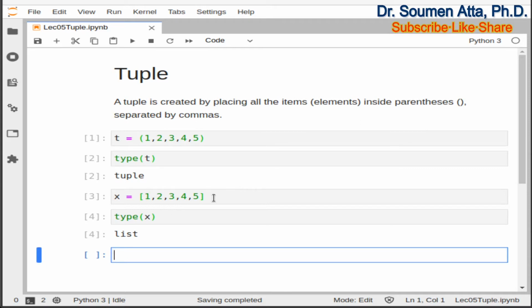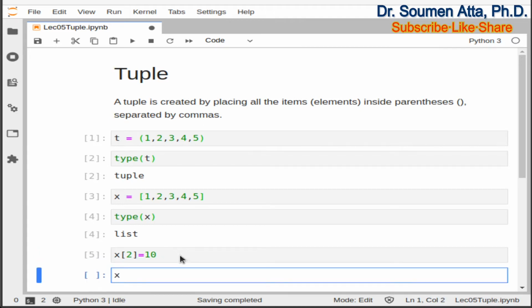Now, what is the difference between a Python tuple and a Python list? The main difference is that in case of a Python list, you can change the elements. Suppose you want to change the third element, then you need to use the index of the third element, that is 2. So x[2] equal to 10 will replace the third element in the list x with 10.